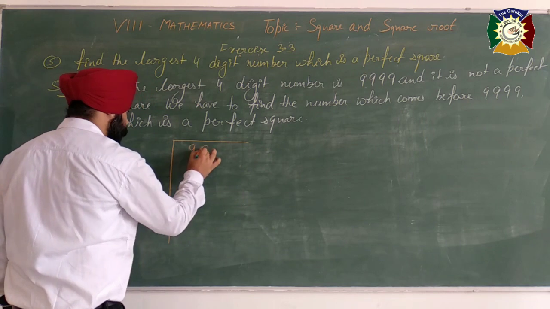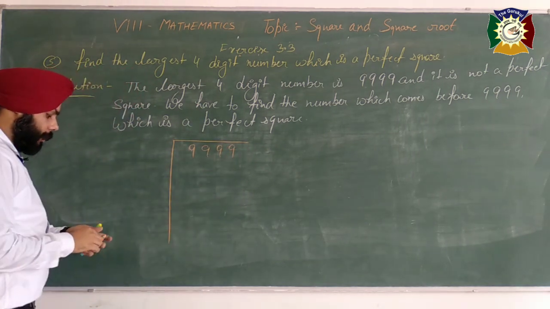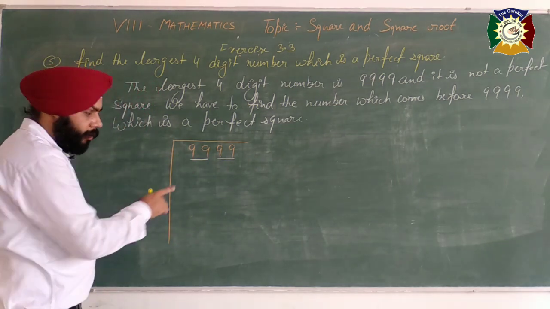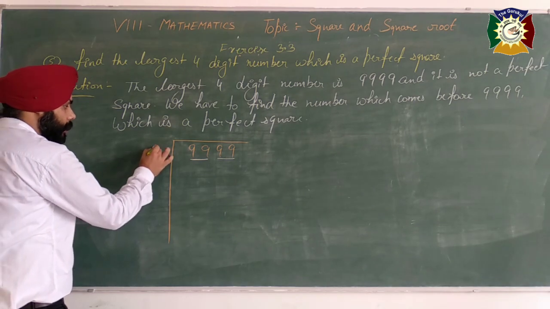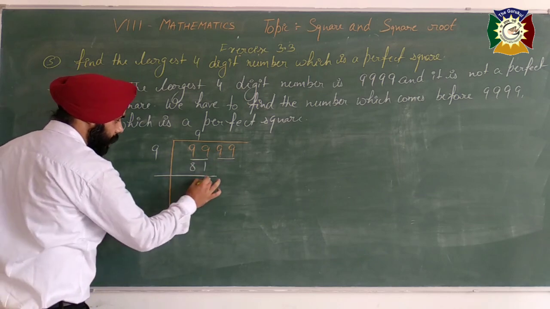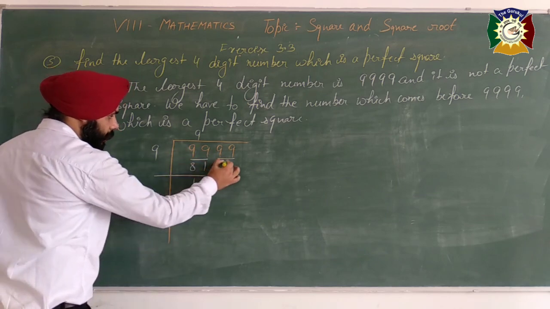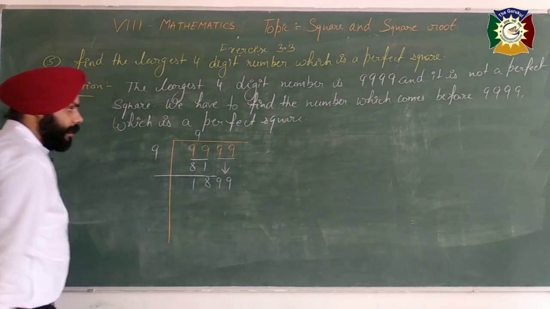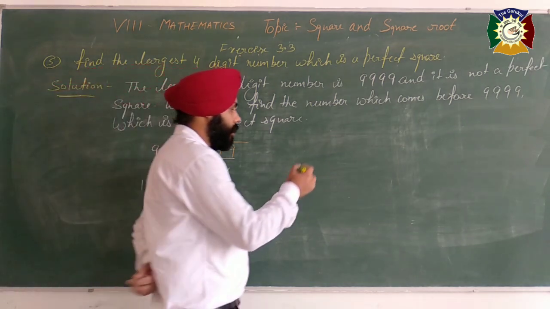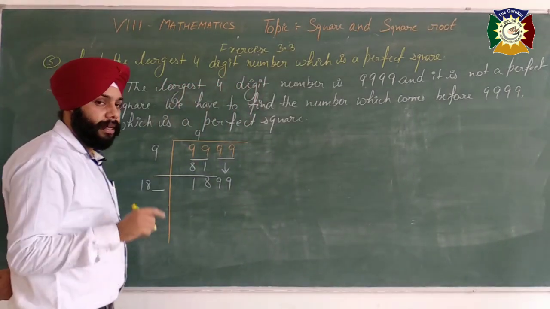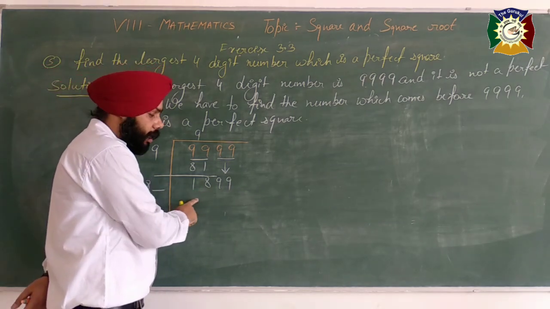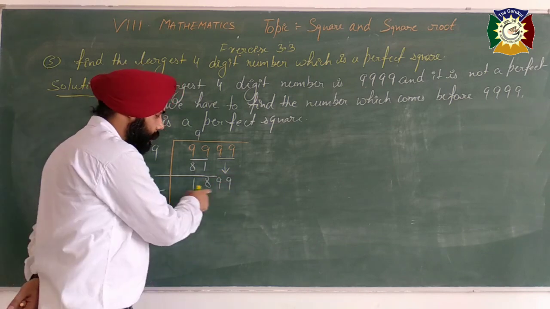Write down the division method and start to make pairs from the right. So 2 pairs we will get. Now start from the very first pair. That number we have to choose is 9. 9 9s are 81. Now 9 minus 1 is 8, 9 minus 8 is 1. Carry down this pair, 99, and in this place 9 plus 9 is 18. And now multiply this here. Choose a ones place digit in such a manner that multiplied with this number we get equivalent to 1899 or less than this.